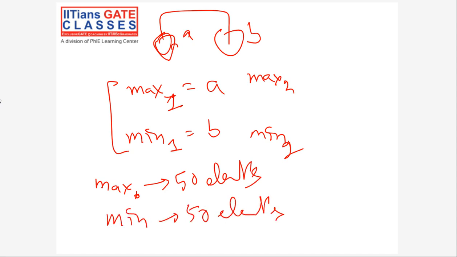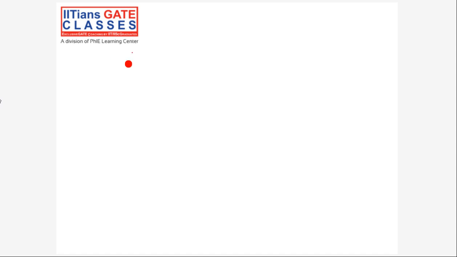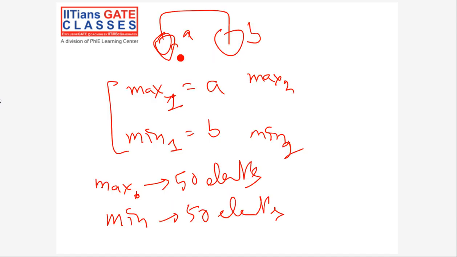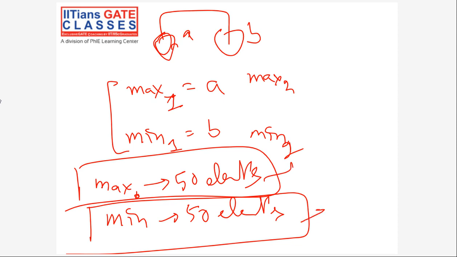All right. So now I want to make one point. First of all, how many comparisons did I do till this point? I did 50 comparisons. Now I want to say one point. The minimum element out of those 100 will be one of these 50 elements, and the maximum element will be one of these elements. Yes or no? Yes. So now I'll apply the same technique on both of them, maximum also, minimum also.